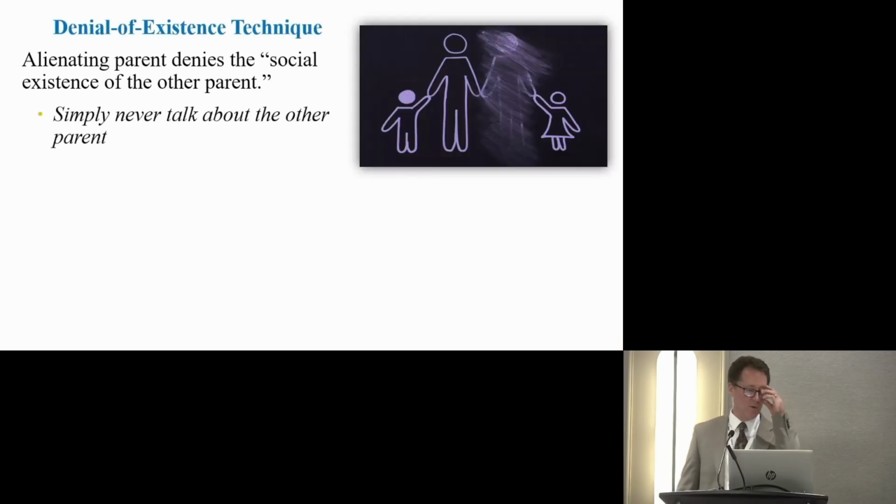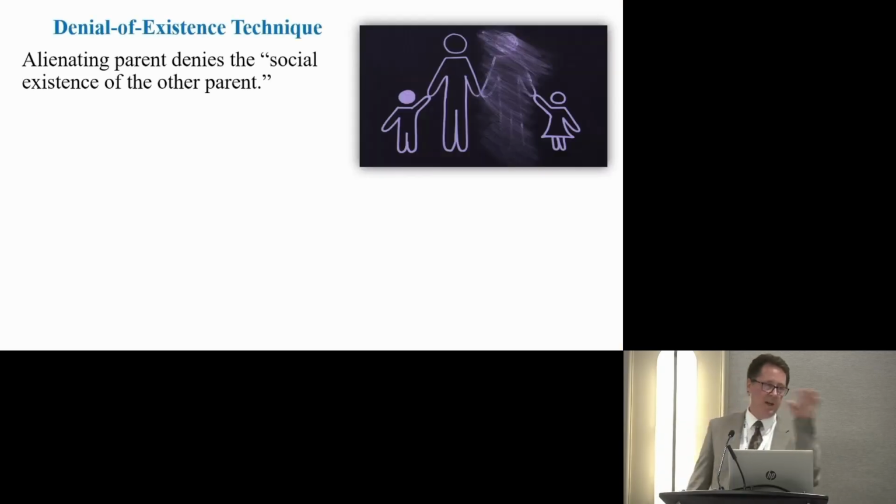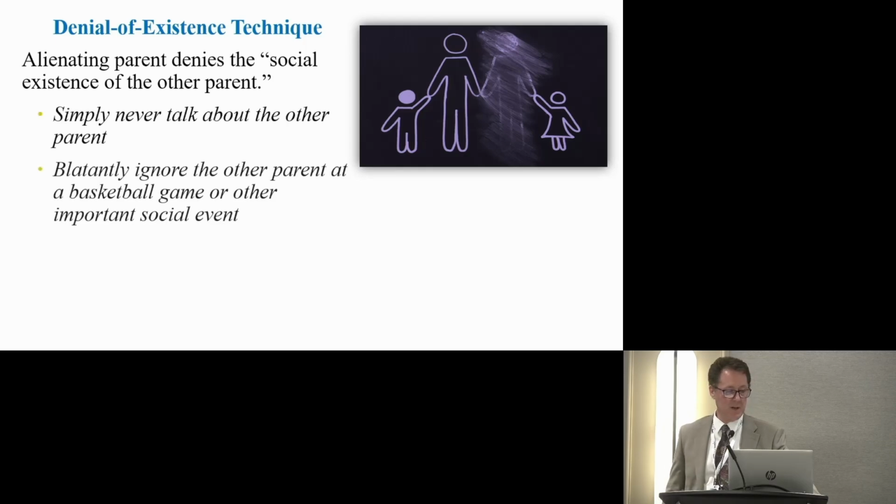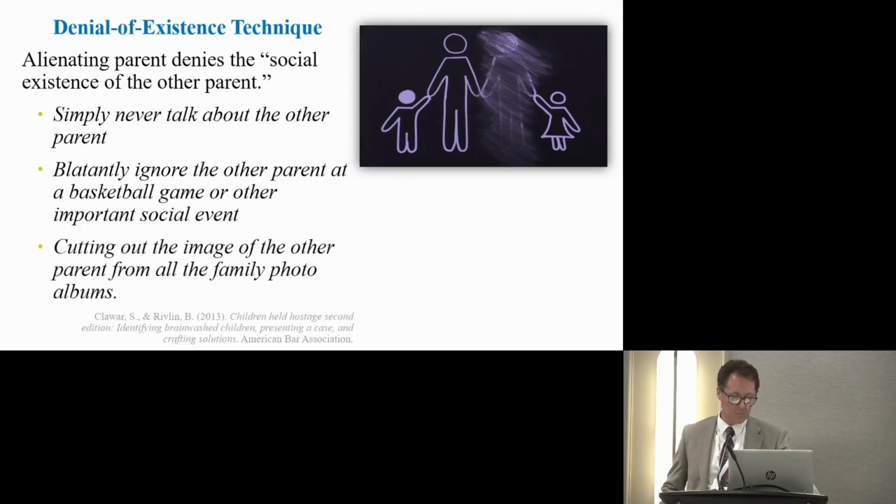Now, lastly, I want to go over 2 forms of parental alienation behaviors that are from the Clawar and Rivlin brainwashing book, Programming and Brainwashing Children. First one is denial of existence. Alienating parent denies the social existence of the other parent. Of course, they simply never talk about the other parent, blatantly ignore the parent when they're at a basketball game or other important social event, or actually cut the image of the other parent out of all the family photos. I've been in home visits for custody evaluations, and they're cut out, like the head's cut off and all kinds